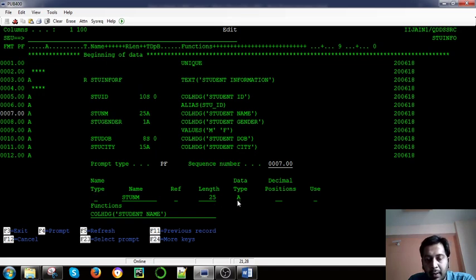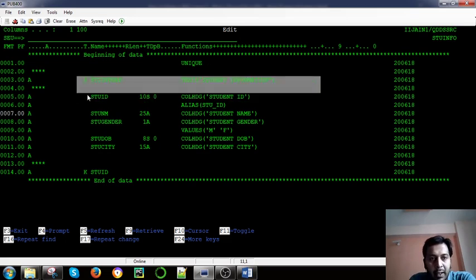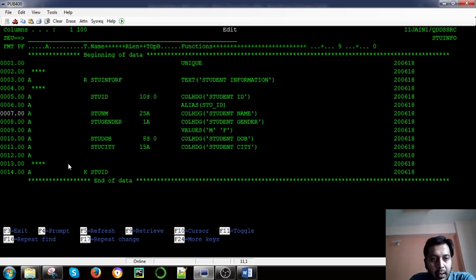The data type is A, meaning character, and what is the function of it? So this is the file level, this is the record format level, this is the field level, and this is again the key level.